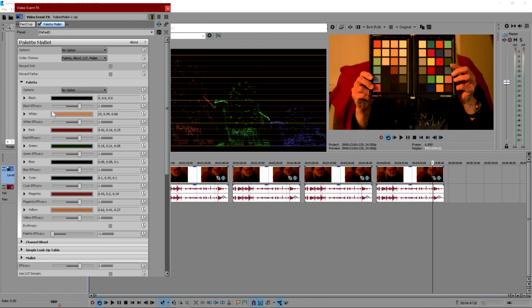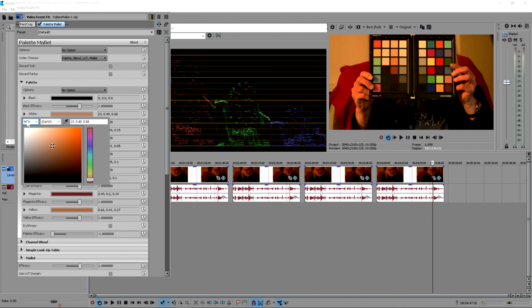Well, Vegas has a certain OFX extension that other similar editors may or may not support, I don't know, that can show colors, color pickers in RGB, HSV, LAB, and so on. And so Mallet in Vegas for the Civic, which is black and white, uses the HSV model, and for the Farba it uses the RGB model. So we're going to click on white,